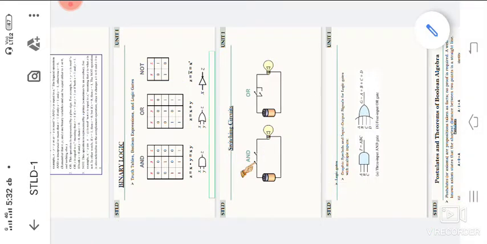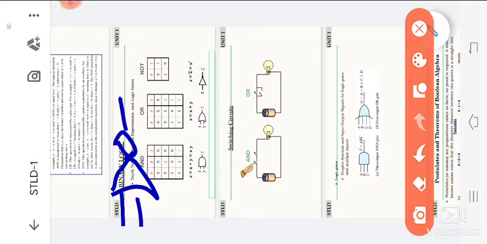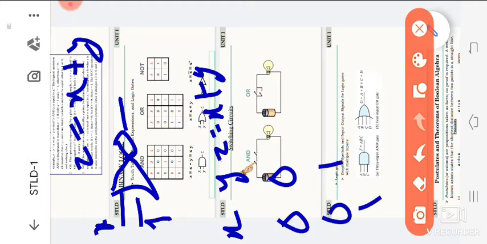You have to observe the same manner. This is the NOR gate. So the output, this is the X, this is the Y, Z equal to X bar, X plus Y. You have observed here X, Y, Z equal to X plus Y. So 0, 0, 0, 1, 1, 0, 1, 1 condition. Here X plus Y means 0, 1, 1, 1.